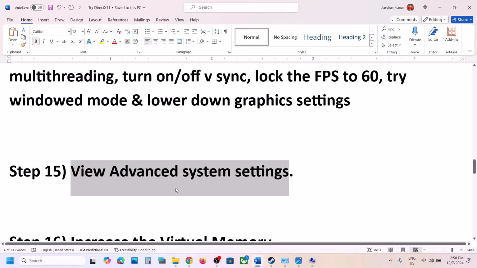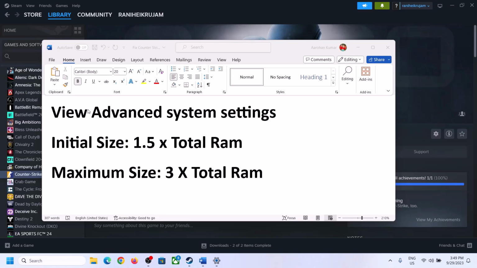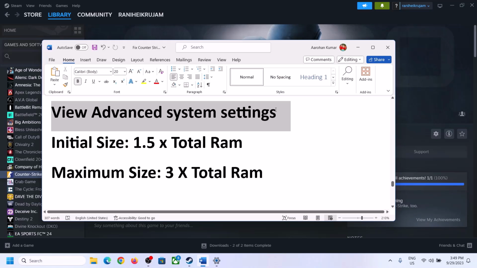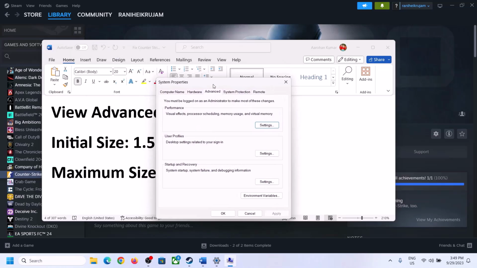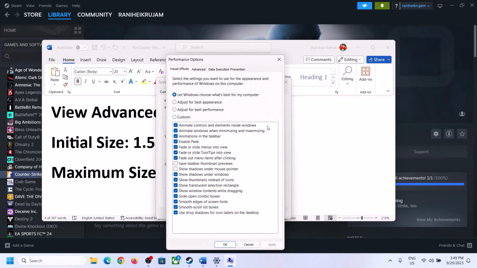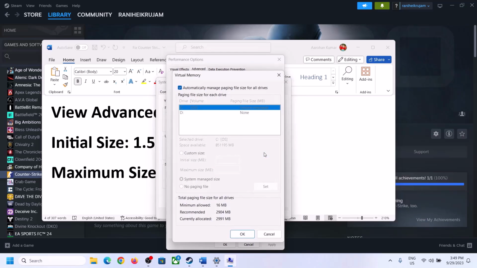If that does not work, increase the virtual memory. So to increase the virtual memory, type in view advanced system settings in the Windows search box and then click on view advanced system settings and then click on the first settings and then go to the advanced tab and then click on change over here and then select the drive. So uncheck the box which says automatically manage paging file size for all drives. Uncheck this box and select the drive where the game is installed. So select the drive and then once you select the right drive, now put a check on custom size, and